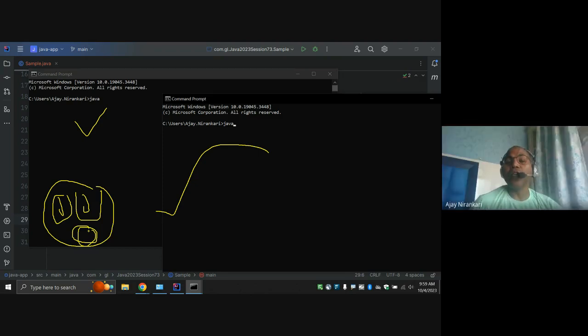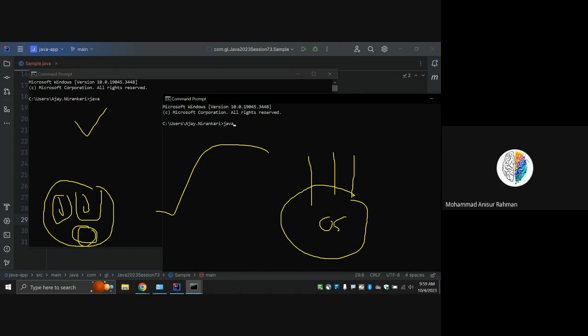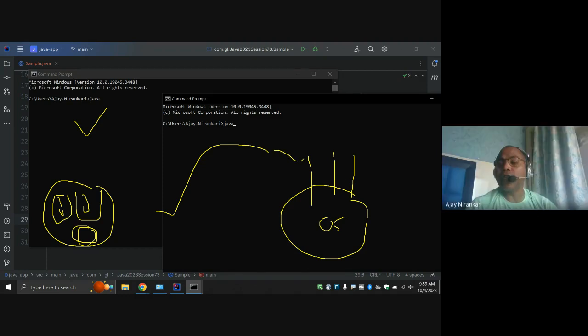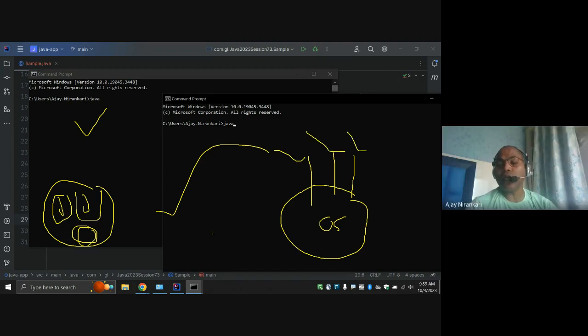Is it clear? Yes. Till now we have to understand the concept of operating system. Operating systems support running multiple instances of the same installed software. Those multiple instances are known as processes, right? Here I'm not saying I'm running the software, I'm just saying process one, process two, process three.